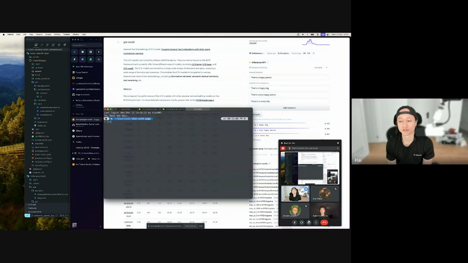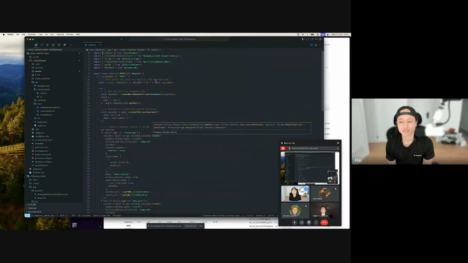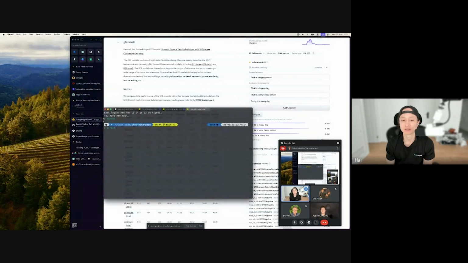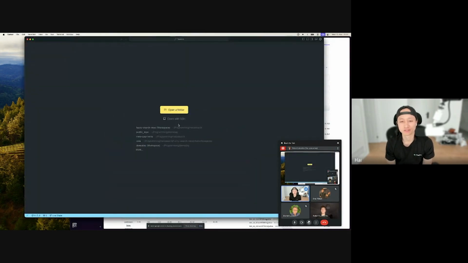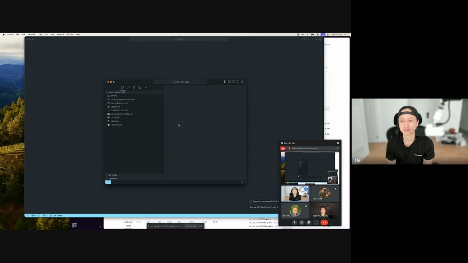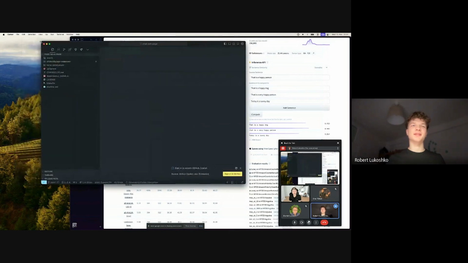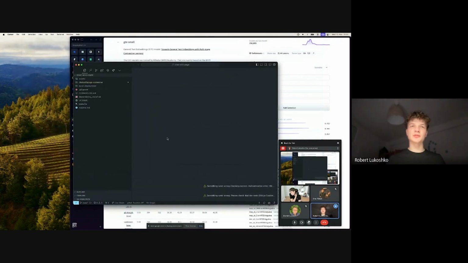So while this is loading, I have a question for you. Why do you think Chrome extensions are having a moment this year? I've been seeing a lot of Chrome extensions being made, and they're more interesting than the ones I've seen in the past few years. So why do you think that's the case? I think it has been super painful to develop them, and now there are more open source kits to do it faster and easier. I think this is kind of the reason.